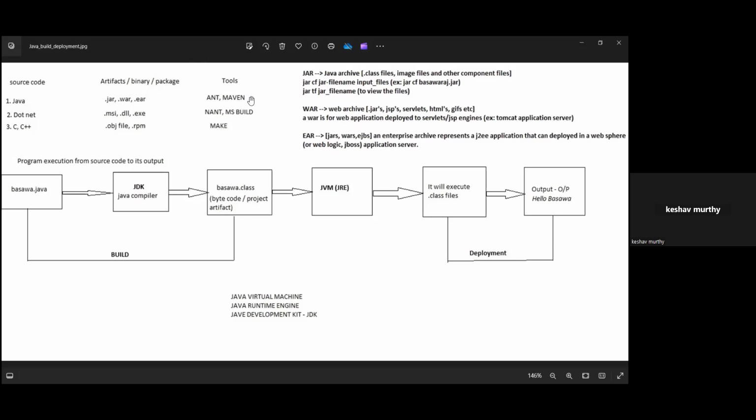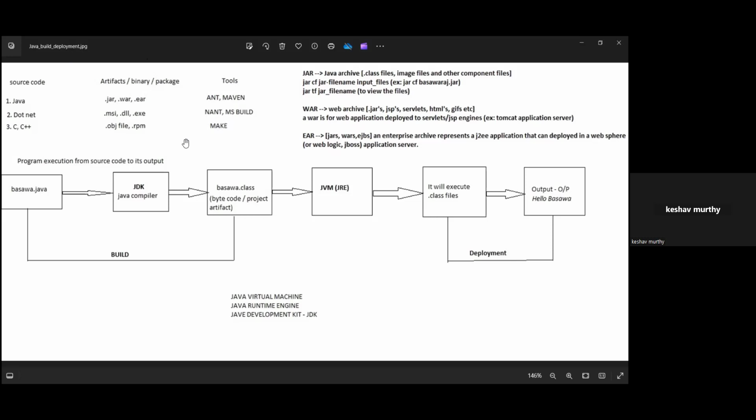In the same way, I'm not a developer, but I know how this process happens, what the final package is, and I know how to write the script and do the build automation. I know it for Java, since I worked on Java build automation for the past 3, 4, 5 years. If the code is .NET instead of Java, I know the tools they're going to use, MSBuild or NAnt, and they are going to convert the .NET to .msi, .dll, .exe. This is the final package. If it is C or C++, I'll use make.